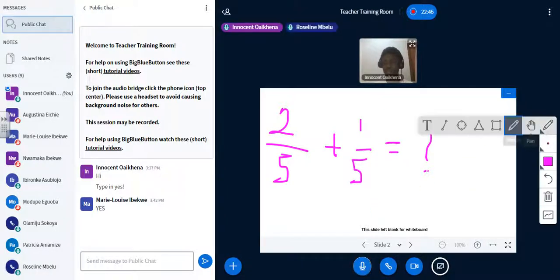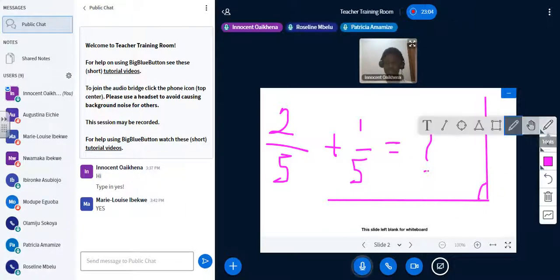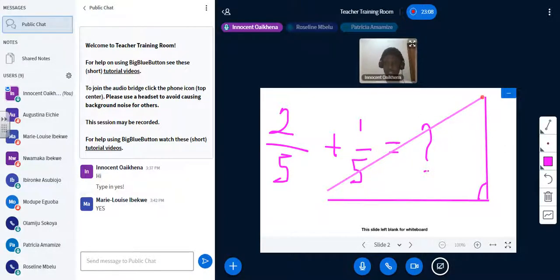I can create lines also. Maybe I'm trying to draw something to explain how something works, and I'm saying this is a right angle. I can do something like this, something like that with lines. So you can do a lot of things. Of course, maths usually poses the biggest challenge. That's why I'm using maths for example. With English you can do almost anything on this screen. So that is it